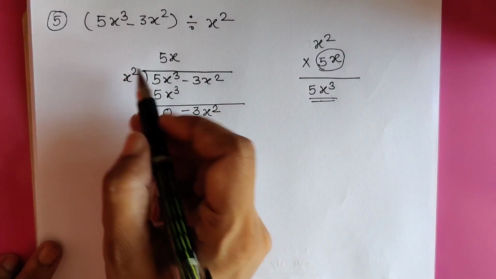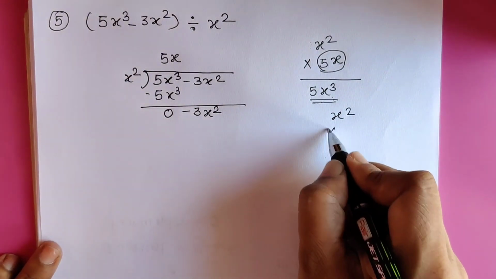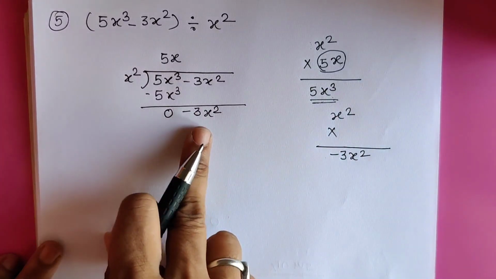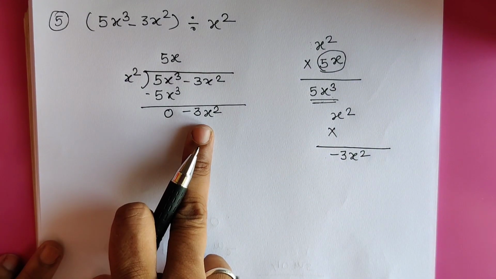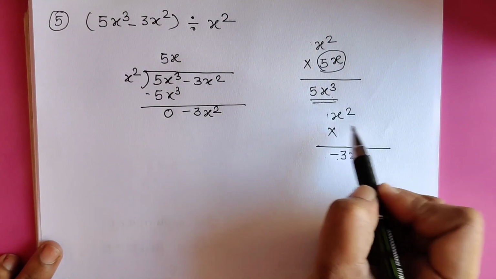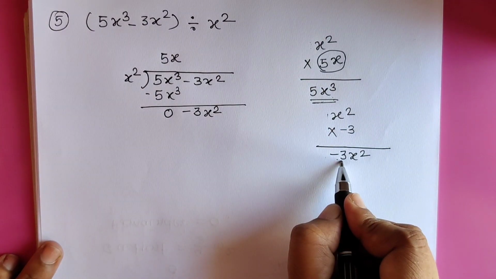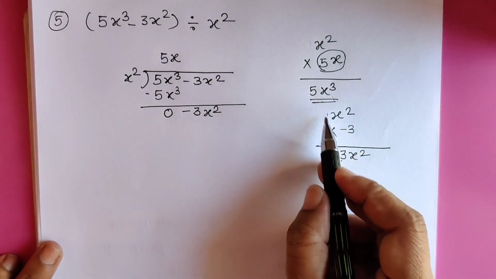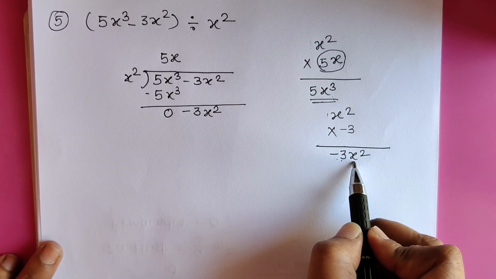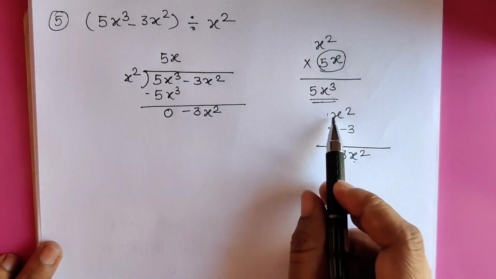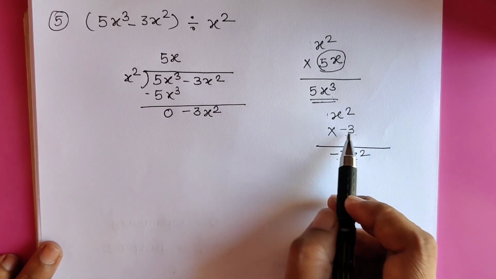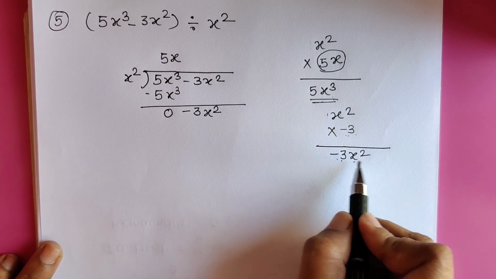Now once again we will take this divisor x square multiplied by what? Answer should be minus 3x square. Now we require the second term. So answer should be minus 3x square. So minus sign is there. Here nothing is there means 1 is always there. So 1 multiplied by minus 3, answer will be minus 3, correct? And x square is already there. So we don't require any variable now because already x square is there, and we also require x square in the answer. So we don't require any variable. We have to only multiply by minus 3. X square multiply by minus 3, answer will be minus 3x square.